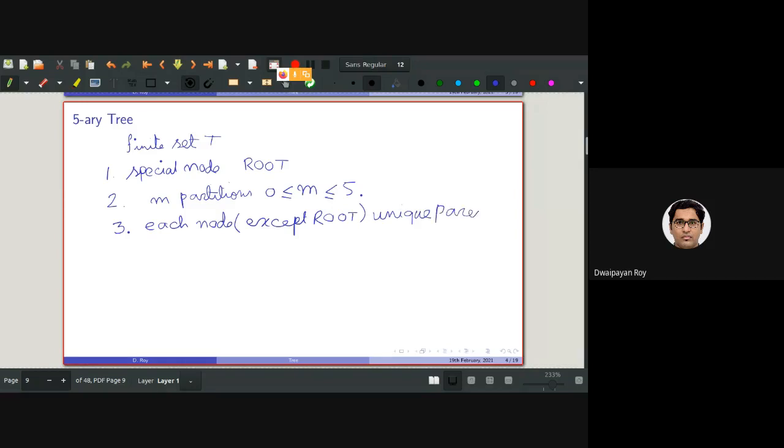So let's try to draw a very basic 5-ary tree. So let's consider this. Let's consider A is the root.